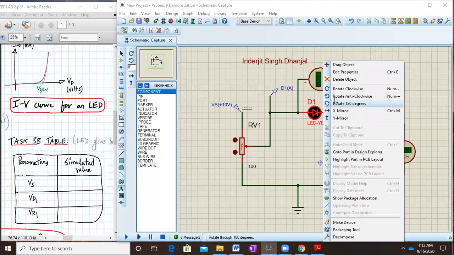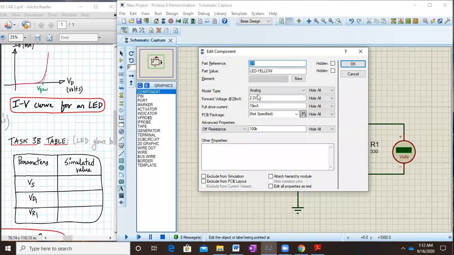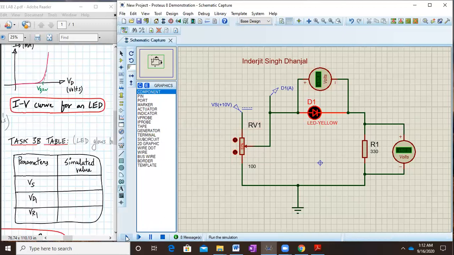So what I was saying was it was coming 2.22, right? When you right click on the diode, go to properties. So that 2.2 volts is this. This is the value of 2.2. So that's why it was remaining constant at around 2.2. Once the external voltage exceeded this value, it was holding that value over here basically. So that's how it operates. And this is about task number 3.